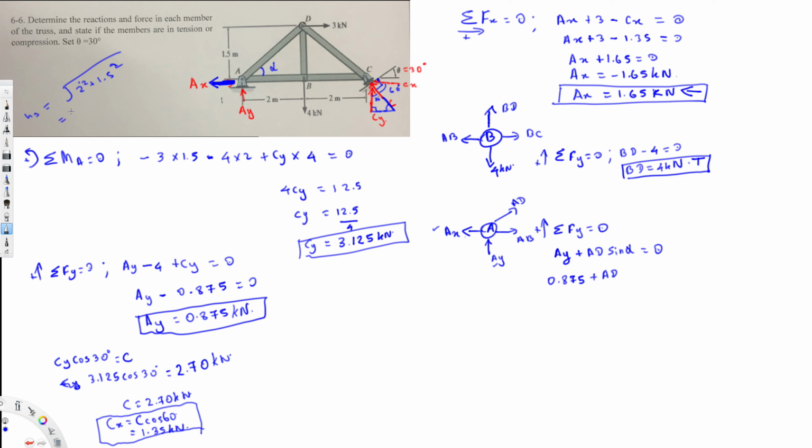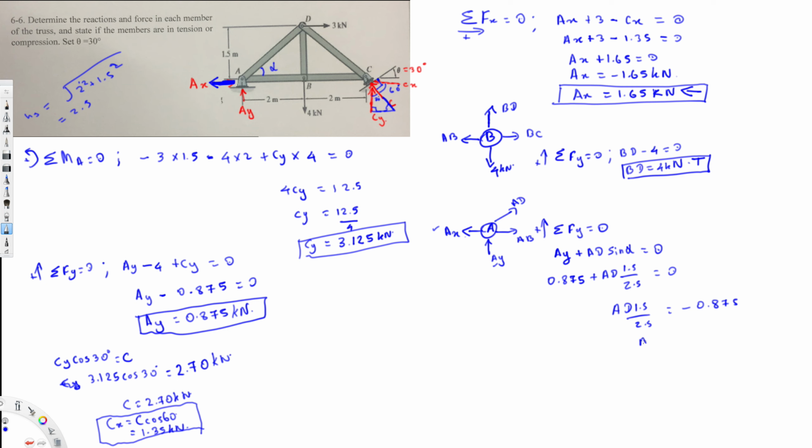If I calculate, I will get 2.5. So sine alpha is going to be opposite over hypotenuse, 1.5 over 2.5. So I can bring the 0.875 to the other side. AD times 1.5 over 2.5 equal to minus 0.875, and if I calculate AD,